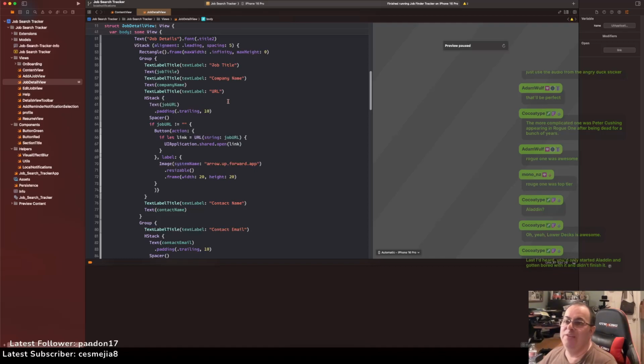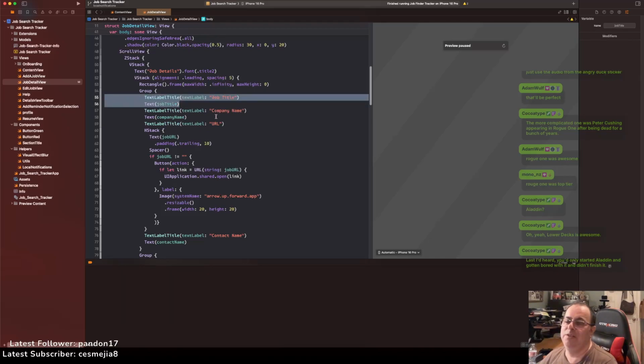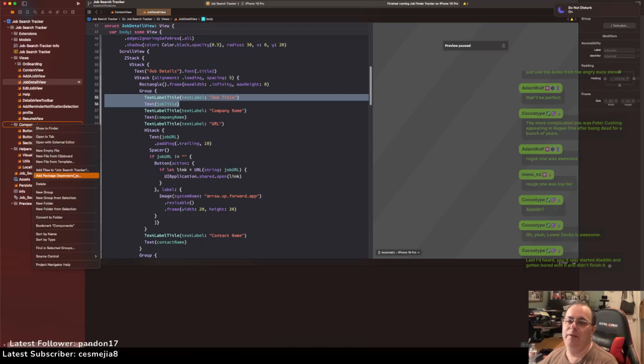Yeah. Okay, so anyway, let's do this, right? So you can see a lot of this repetition here, right? There's no reason in the world this could not be a generic component. So let's do that. Right? Let's make a new component here. We'll call this one